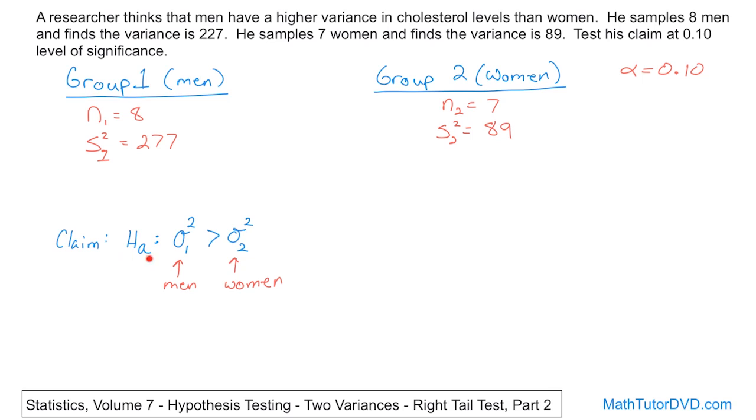Now, once you have the alternate written down that men have a higher variance than women, then you can easily write down the null hypothesis just above it, which has to be the exact opposite of that. So you literally write everything down the same, sigma 1 squared, sigma 2 squared, except you flip the direction and you stick an equal sign under it. So basically, the null hypothesis has to be the opposite of the claim. So either these variances in the cholesterol are equal, or maybe